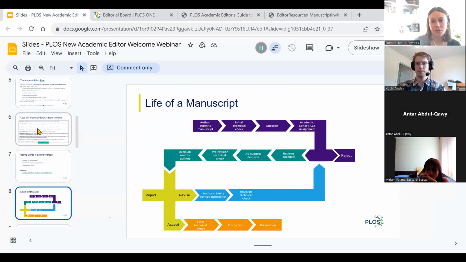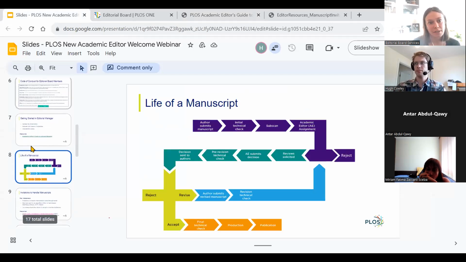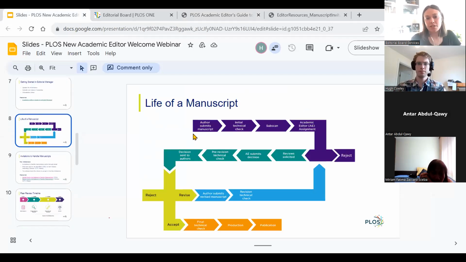And heading into the life of a manuscript, when a submission comes to PLOS, we have these initial technical checks where we scan for things like image visibility, if the metadata is there, ensuring there are ethical documents, that kind of thing. And then it goes ahead to submission scanning.